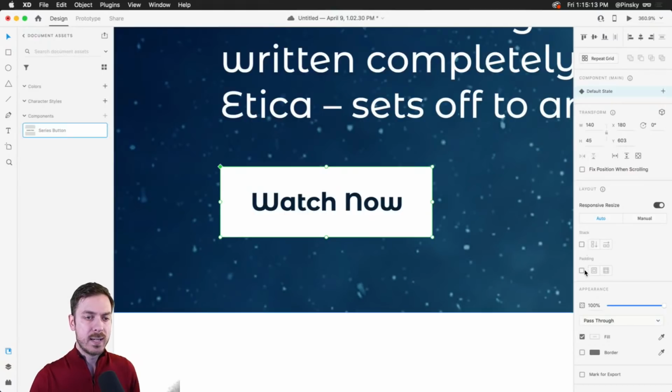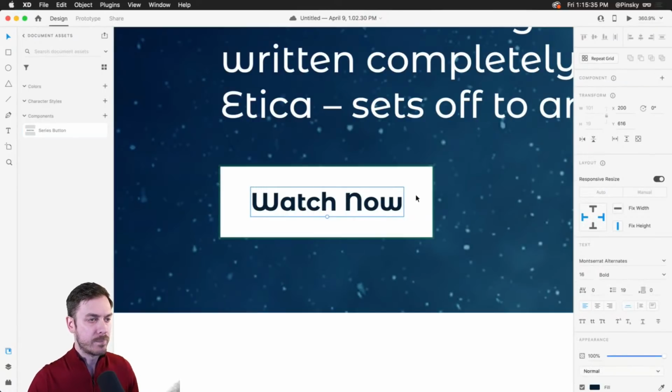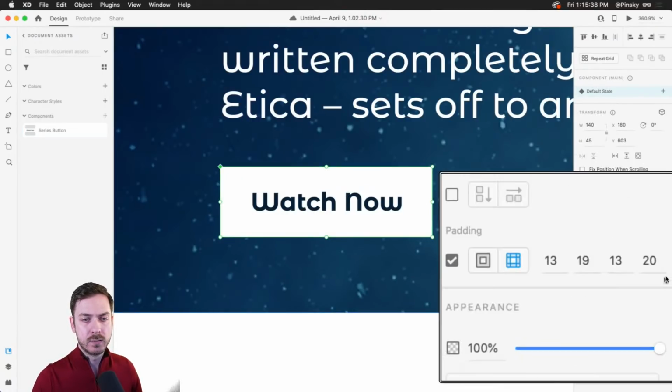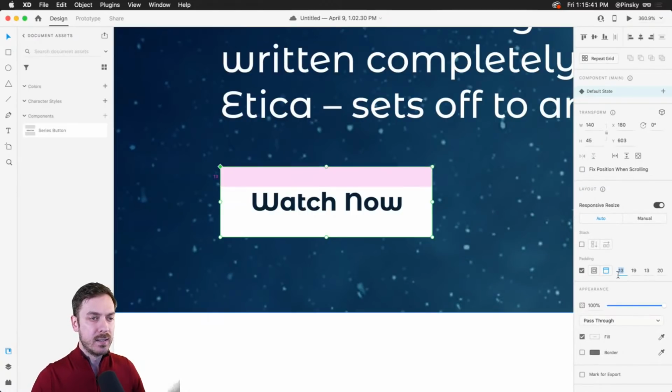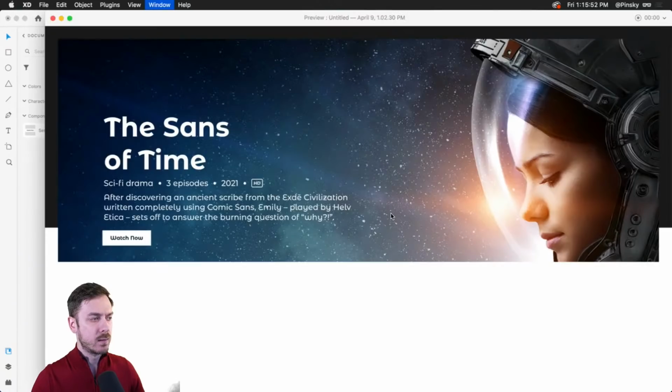And now what we want to do is turn on padding within the properties inspector. If you haven't used padding yet, when you turn that on, XD is going to look at the background layer, which is the layer, the group, the mask, the component at the very back of the layer stack inside of this component. And it's going to look at the layers on top of it. It's going to automatically set the padding for us, right? And you can tell inside of the properties inspector, we have our padding. And we can always dive in here. 13 is probably not the best bet, but we're going to keep it for now. And let's say on the sides, do we want to go up to 24? Let's try. It's not bad.